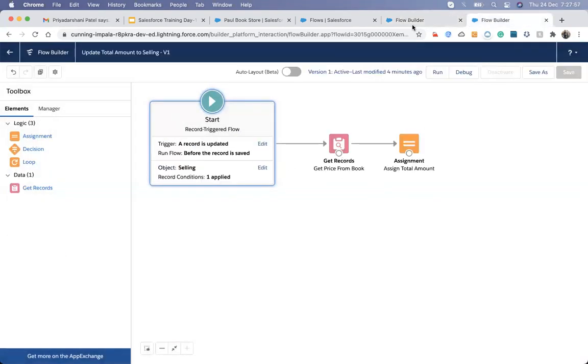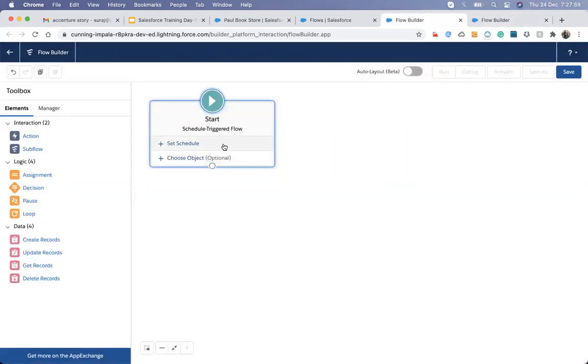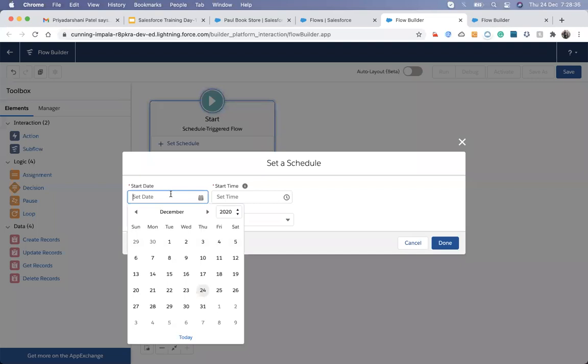Suppose I design something this way, it will execute that at that time. It usually happens when, suppose, we need to send an email to all of the employees at a particular time. Suppose we have a Christmas day invitation email, we need to send that. So we will just schedule a flow, and that flow will send the email to all of the persons. Let's do that. This is simple.